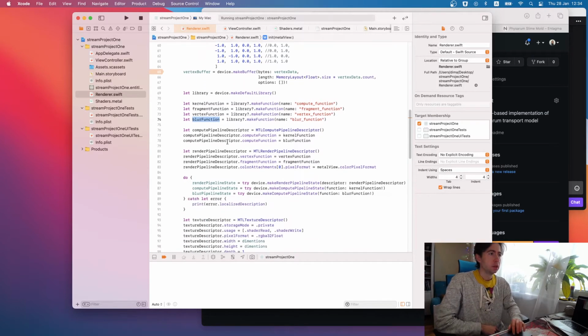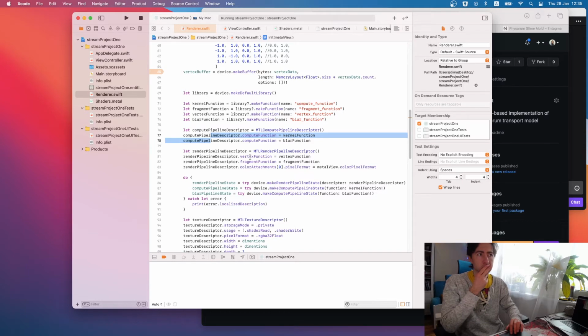Okay, so here we're creating a descriptor for compute pipeline. And here we're setting two compute functions. Actually, does this make sense? I'm not sure. Actually, I'm not sure if this makes sense.